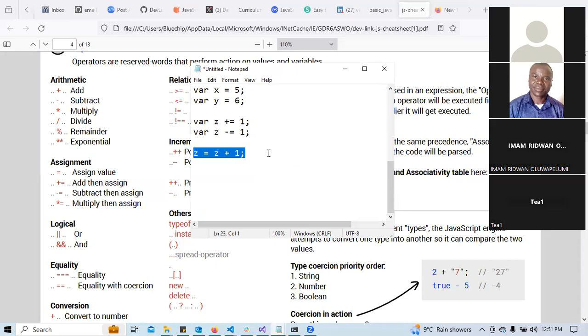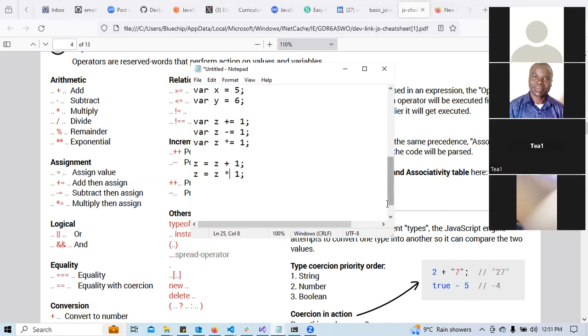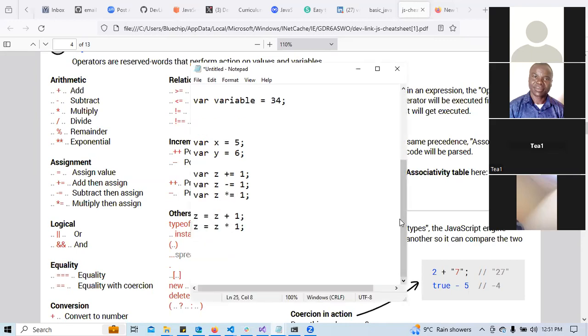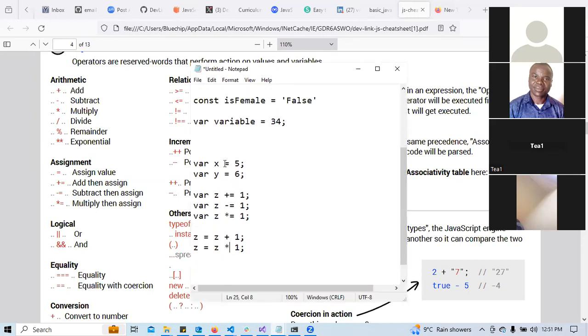Let me put this here. This means z minus 1. Let me do the third one, and I put it here, and I do this. It means z multiplied by 1. So let's take it one after the other. The first one is the assignment operator. We use the equal to sign to assign something to something. It's just like normally in mathematics, you hear let x be equal to 45